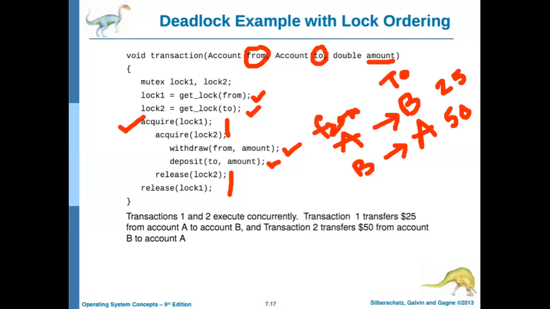In first transaction, it may be account A, and for second transaction, it is account B, right? Now if you try to acquire next one, now for first transaction, acquire lock 2 is for B, and for second transaction, acquire lock on 2 account is account A. So this definitely results in some sort of a deadlock,